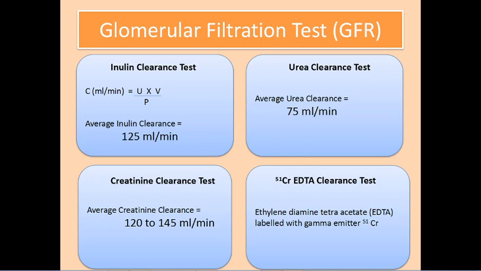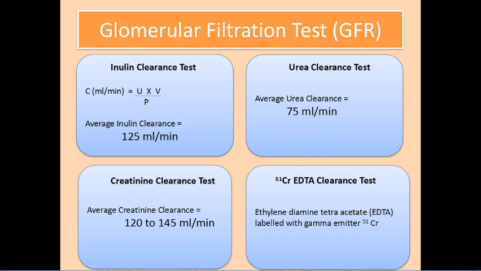Maximum urea clearance. What is meant by maximum urea clearance? If the urine volume exceeds 2 ml per minute, the rate of urea excretion is at maximum and is directly proportional to the concentration of urea in the blood. So blood urea remains unchanged. The urea is excreted at the same rate whether the urinary output is 4 ml or 8 ml per minute. Hence the urea clearance is UV divided by P. That is the formula: clearance formula is U into V divided by P. So the average normal value of maximum urea clearance will be about 75 ml.